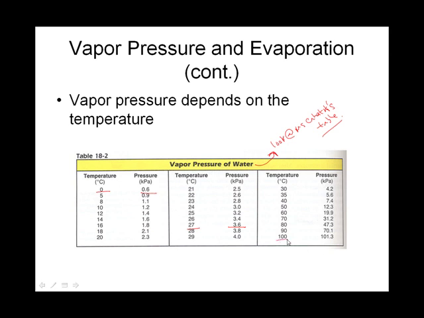At 100 degrees Celsius, this is also when water boils, it gives you a vapor pressure of 101.3 kPa,